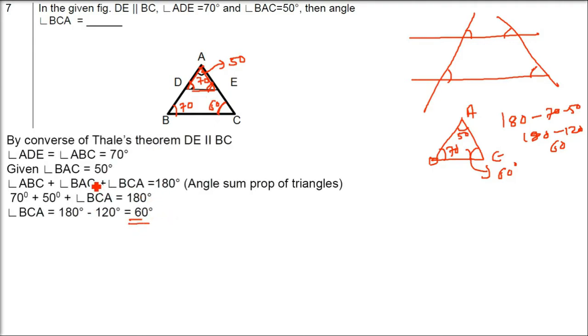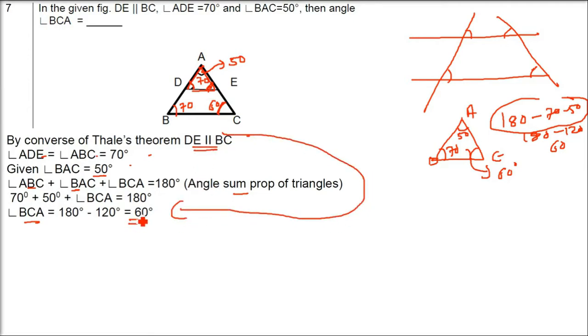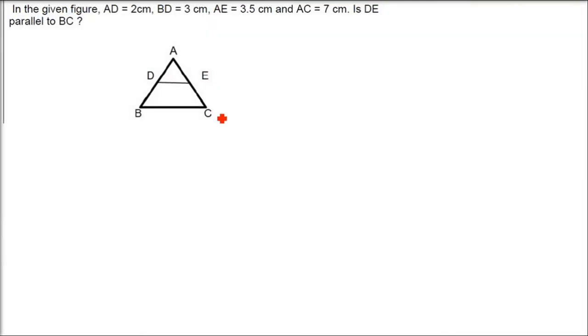Now, what I told you, you just have to listen and understand. But when you are writing, you have to write what you see here. That will give you the marks. Marks will only come when you write this. All things you have to write. Converse of Thales theorem. Then you have to write angle sum property of triangles. Everything you have to write like this. Then only you will get marks. The way I wrote, you won't get any marks. This is just for your understanding of how we solved this question. Again I am reiterating, each and everything you have to write. Then only you are going to get full marks. You have to write Thales theorem, angle sum property of a triangle, and finally angle BCA like this you have to show.